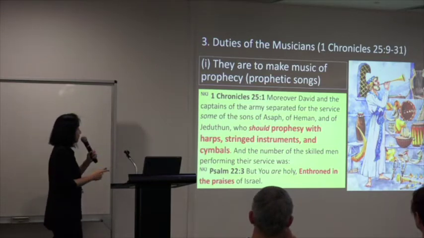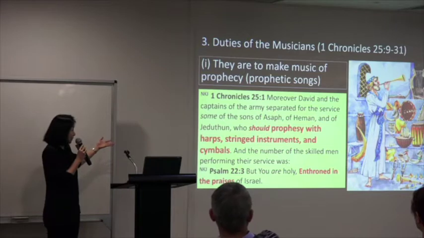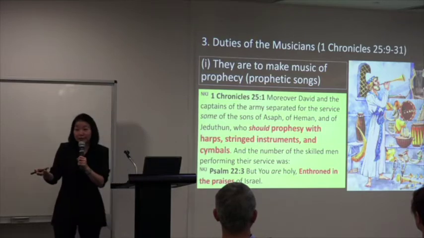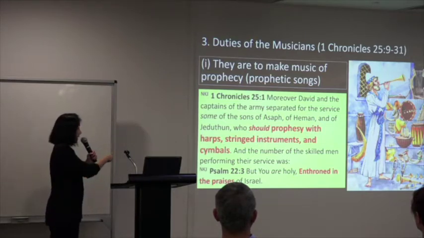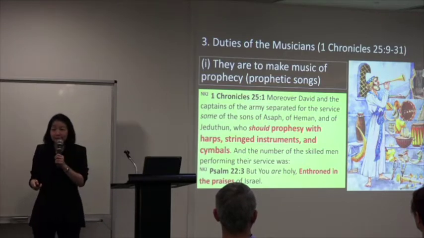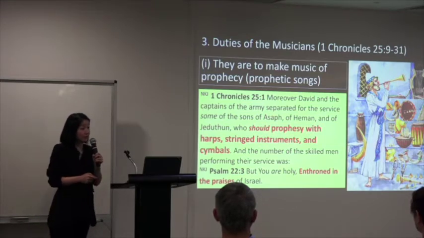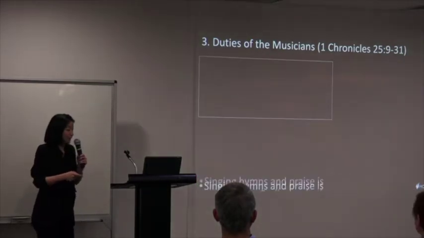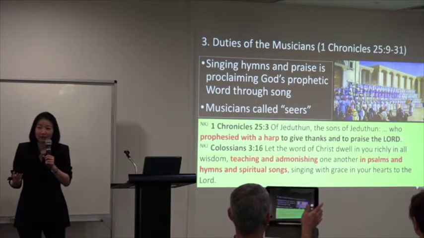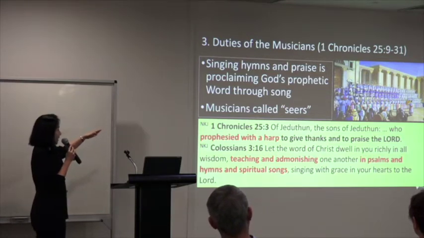So, 1 Chronicles 25 verse 1, you can see musicians can prophesy with your voice, with instruments like harps, like guitar, like stringed instruments like the piano, with cymbals and drums. This is like your praise team today in your church. And God loves it. He is lifted up through your praises. So when you sing praise with a devoted heart, you are doing this good job of being a musician for Him. Second thing on musicians. Musicians are also called seers or prophets because they sing about God's word. And you can read this, 1 Chronicles 25:3. You prophesied.